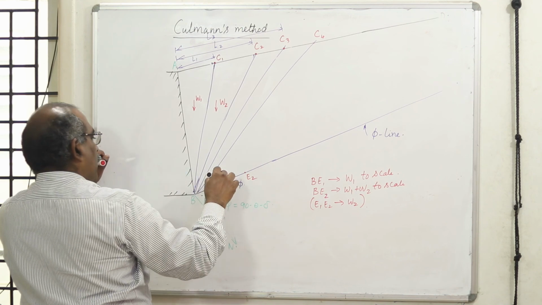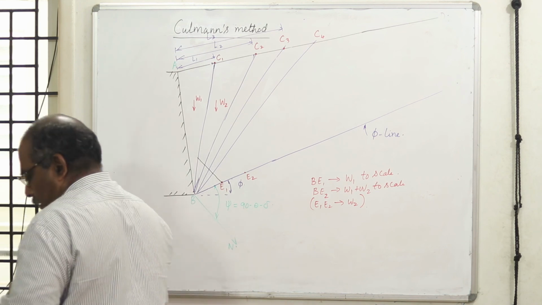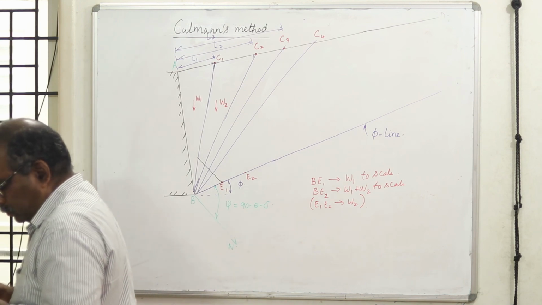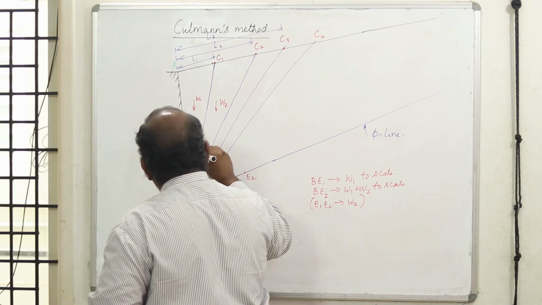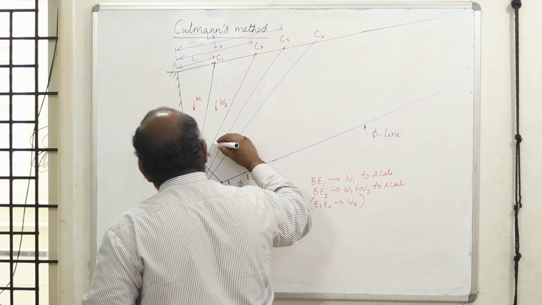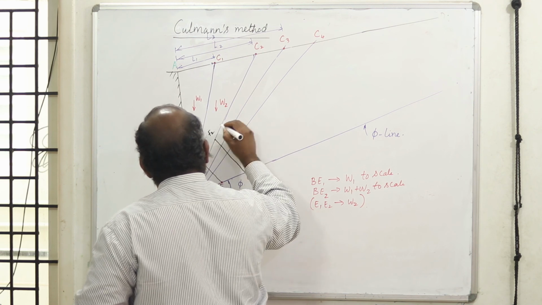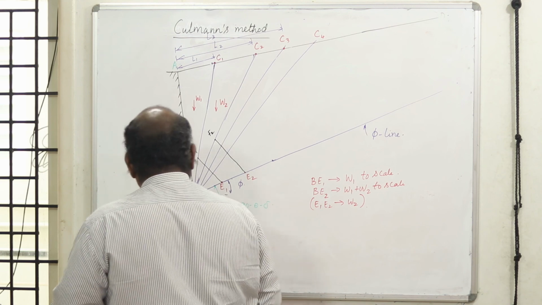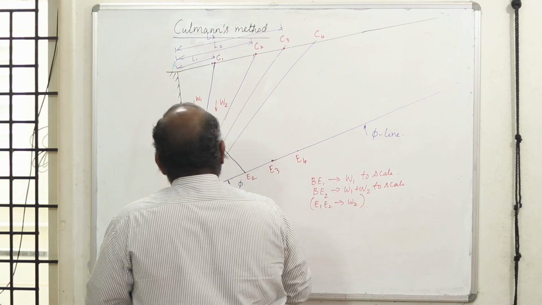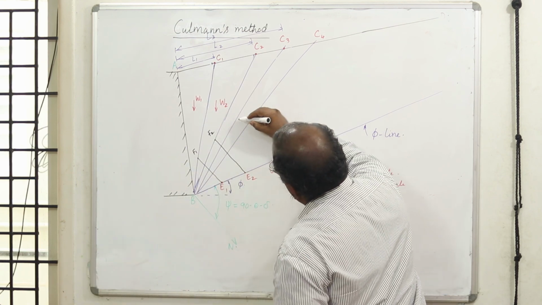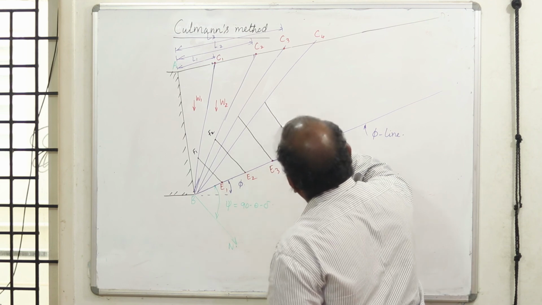Now after marking this to scale, what I will do is, I will try to draw a line parallel to this phi line. Wherever it cuts the wedge, I call that point F1. Similarly, from here I draw a line parallel to the side line. I get my point F2. Similarly, from E3, and E4, I draw a line parallel to the side line.